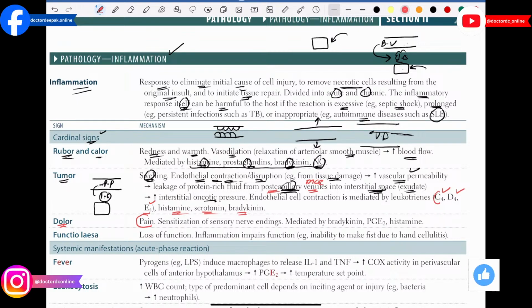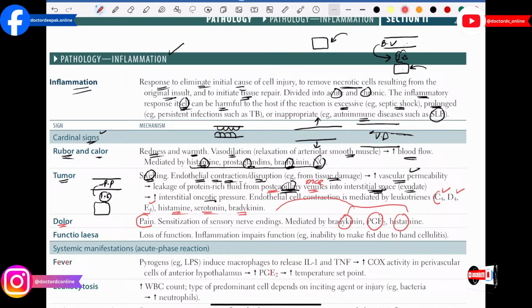During the inflammation, again there are different kinds of cytokines and inflammatory mediators that are produced, and those are bradykinin, prostaglandin E2 and histamine. These are the inflammatory markers which are produced during the inflammation. When these inflammatory markers are produced, they will go to the sensory nerve endings. Let's suppose in our body we know that there are sensory nerve endings in every part of the skin. So when your skin becomes damaged or injured